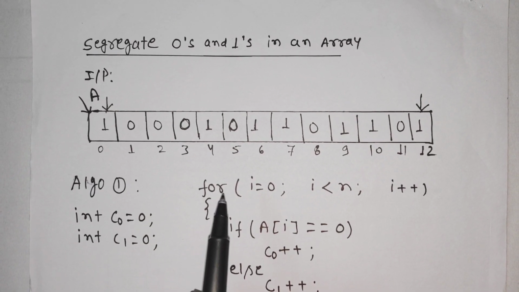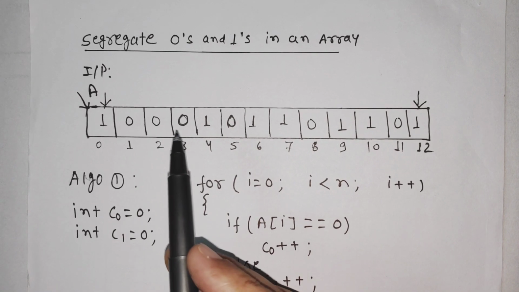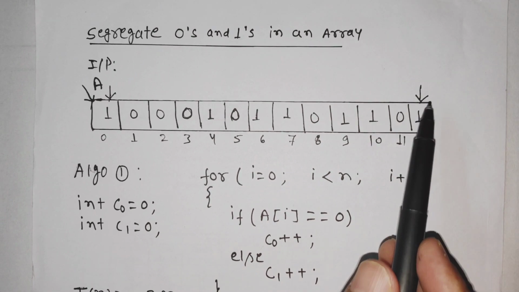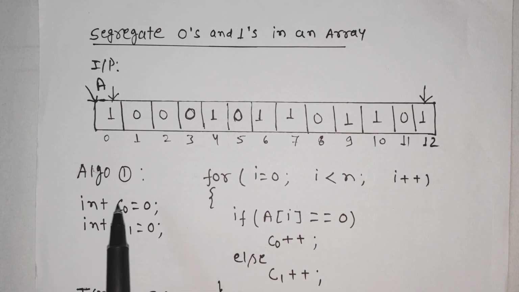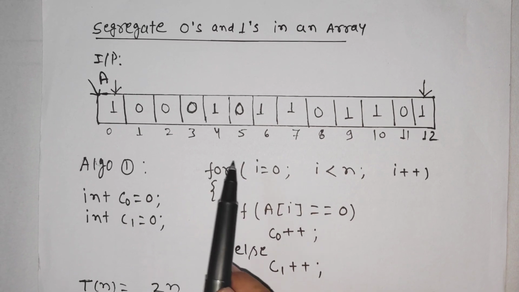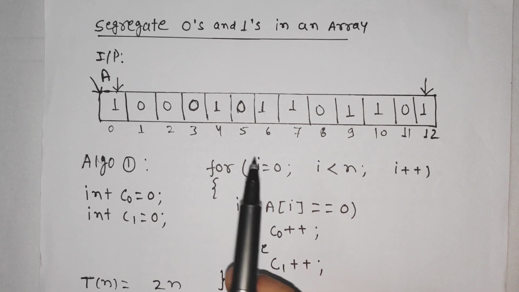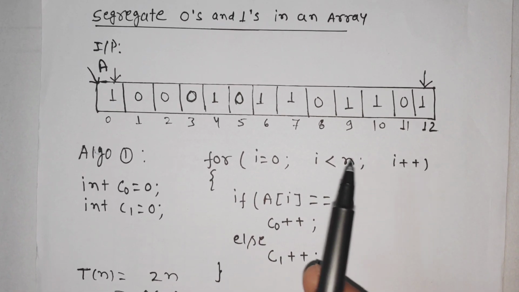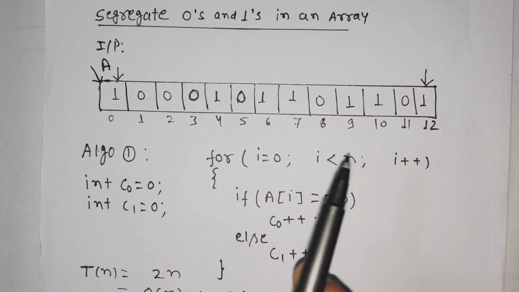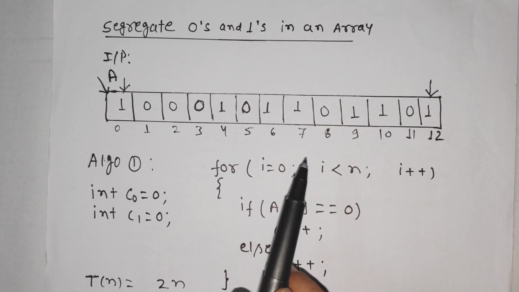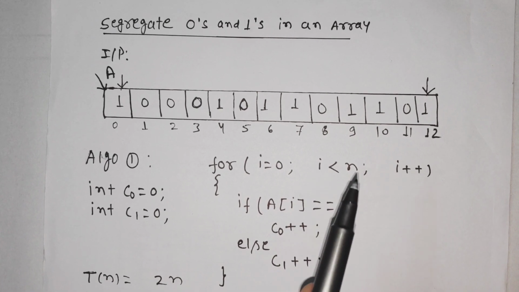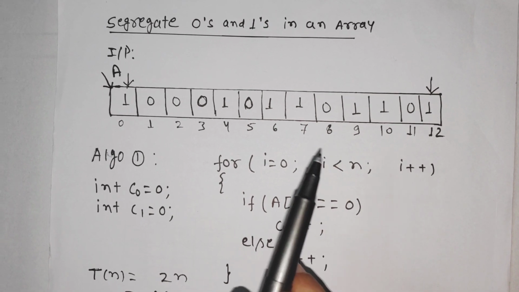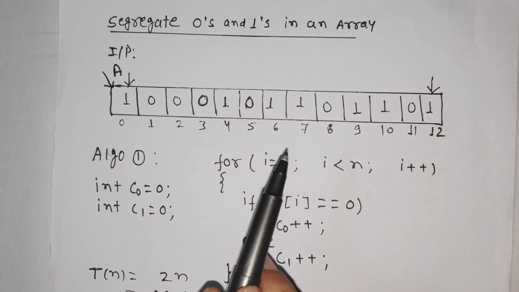Now here in the second approach, we will take two pointers. The first pointer will point to the initial index and the second pointer will point to the last index. Now after that, we will try to move all the zeros to the first and all the ones to the last. Suppose we find 1 at the initial position and 0 at the last position, so we will swap both the elements. Otherwise, if we find 0 at the initial position, we will simply increase the pointer. And similarly, if we find 1 at the second pointer, then we will keep on decrementing the second pointer.